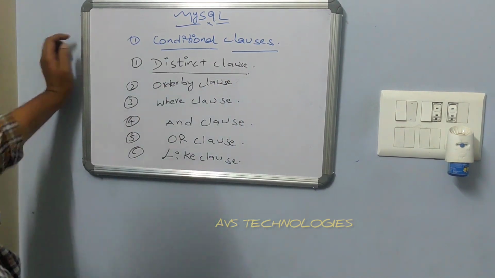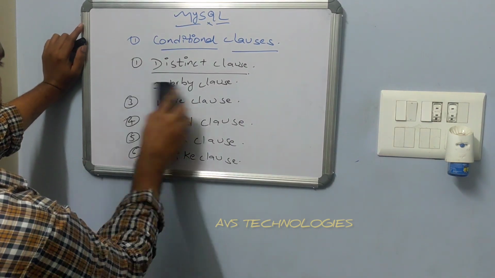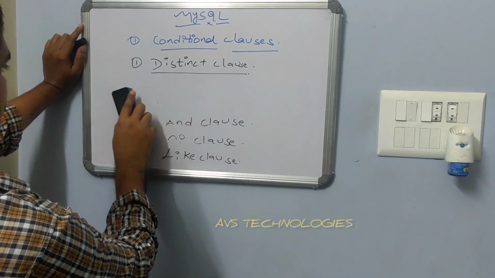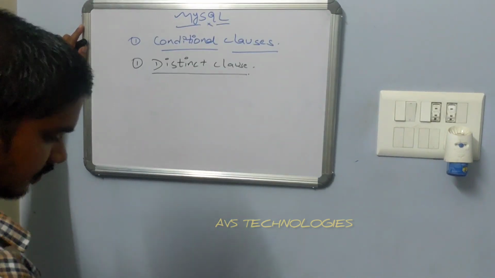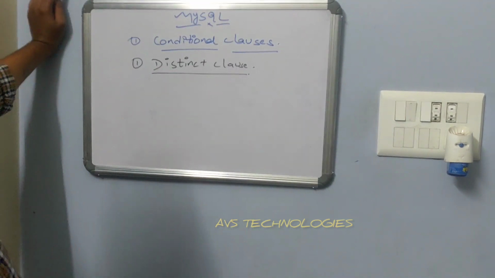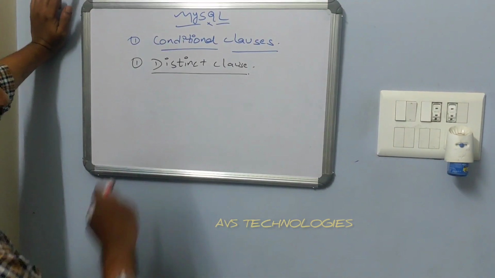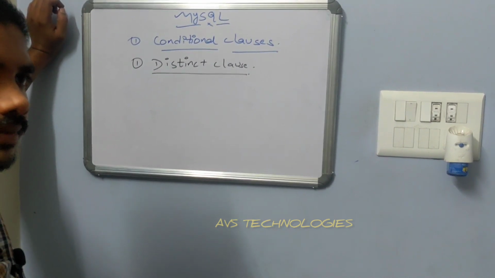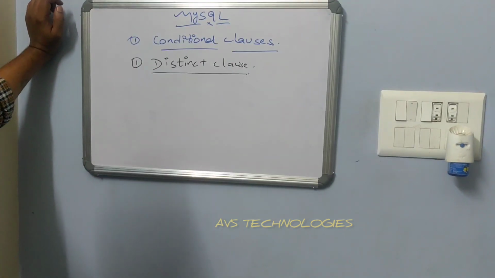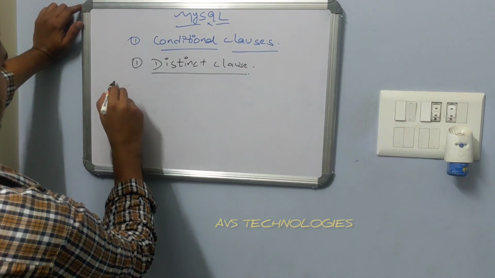So what is a distinct clause? The distinct clause is a clause that will remove or delete the duplicates in a statement. Again I will tell you, the distinct clause will remove or delete the duplicates in a statement. For example,